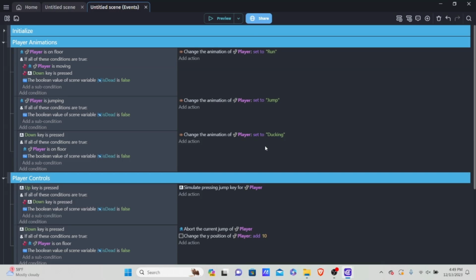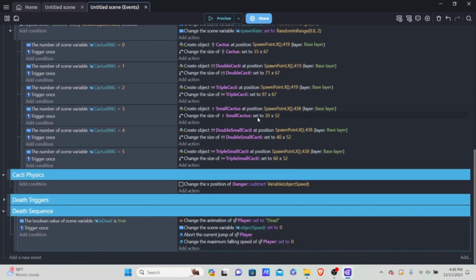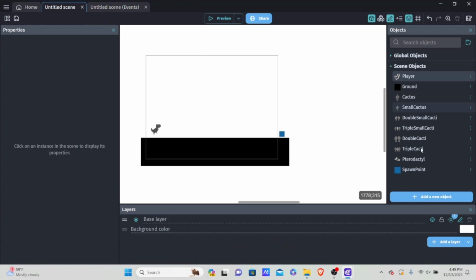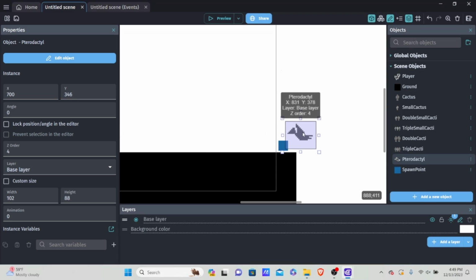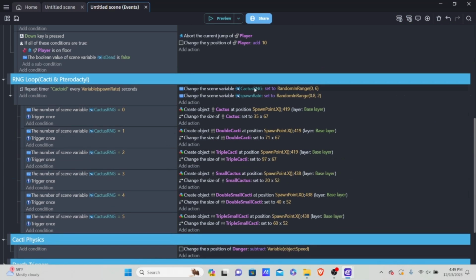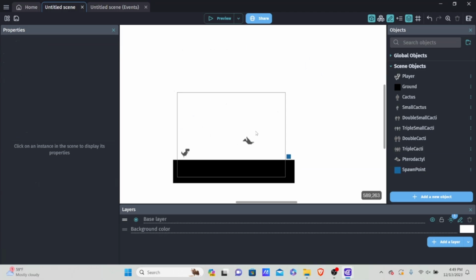So the pterodactyls are slightly different from the cacti. Not much different, though. Now, the thing about the pterodactyls is I'm going to go into the scene to explain this. What makes them hard to program is that they don't only spawn in one Y position. If I look at the code, you'll see that these cacti have set Y positions at which they spawn. But in the game, we want to have some variety, of course, and that's how they are programmed in the game. They can spawn at different Y positions. So one time it may spawn at this Y position, and then another time it may spawn at this Y position. But we have to set it within a limit, because we don't want our